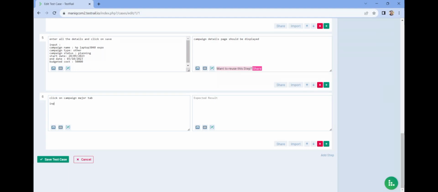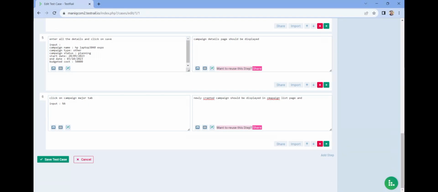And the input will be not applicable. The expected result is newly created campaign should be displayed in campaign list page